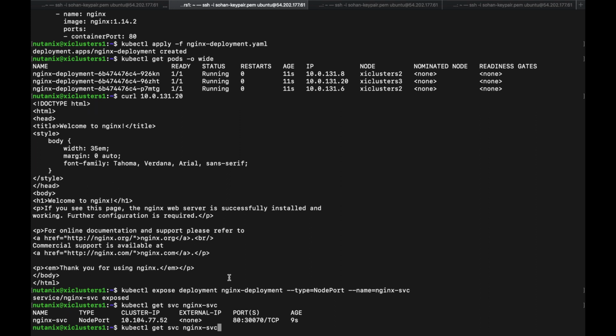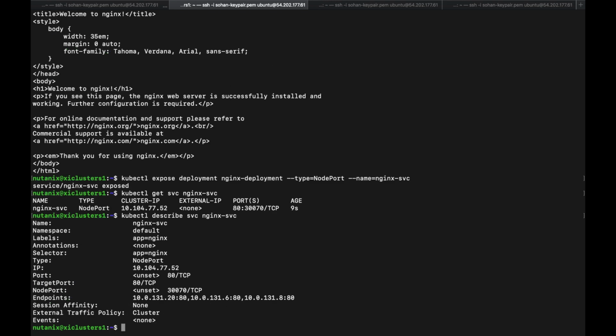Let's kubectl describe the service. Okay, so we can see that we have these three as the endpoints, and the node port is 30070, which means that on every Kubernetes node, the port number 30070 will act as the forwarding agent.